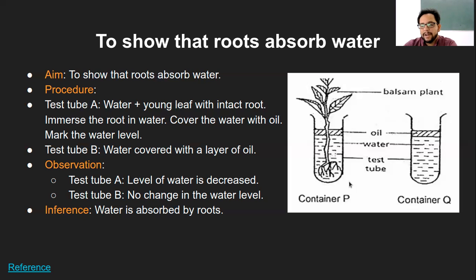So now, for example, in container A, we have water with an oil layer on top and an intact plant with the root system. The most important thing you should mention here is the intact root. And in the second case, you have just minus this plant: a test tube, water at the same level, and the same amount of oil on top of the water surface. Now, what do you think is the use of this particular empty setup? Why do you think we need this? Or is it required at all?